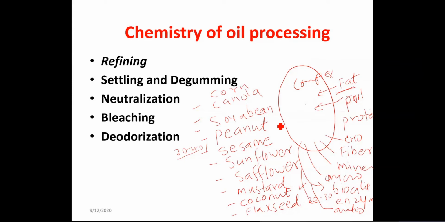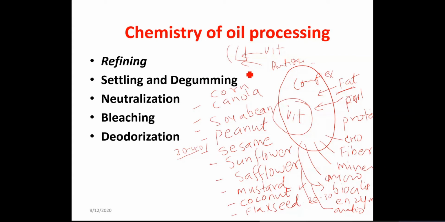But at the same time, we realized that micronutrients such as vitamins are getting lost during this processing. So we decided to add vitamins externally to the oil. Then we thought that these antioxidants are also getting lost during processing, so let's add some antioxidant. Then we added antioxidant. And now recently you must have seen